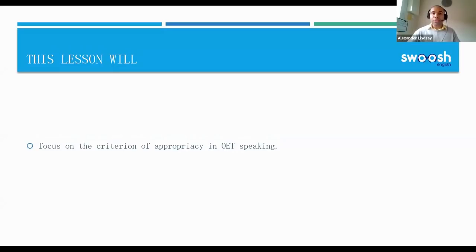The OET speaking is graded from two perspectives. So you're graded in terms of the language that you use, so things like grammar, and obviously the vocabulary that you use, and also you're graded on communication. So the extent to which you are able to communicate successfully and appropriately with the patient or the carer. When it comes to language, speaking appropriately is something which is deemed of great importance in order to achieve a high score in the exam. But what is appropriate language, and how can we make sure that we're using it? So we're going to investigate these questions by looking at some key tips here on the criterion of appropriacy.